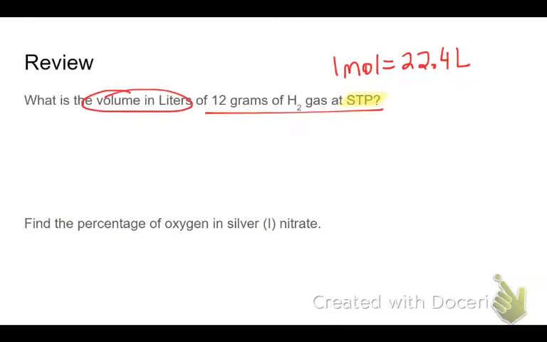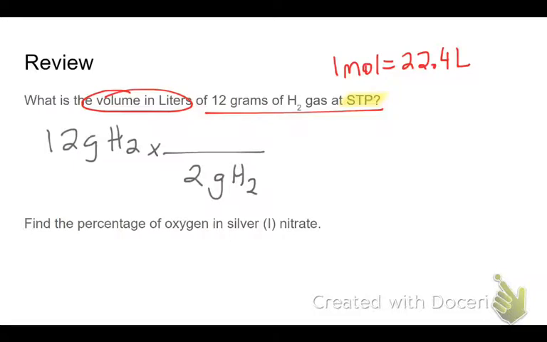All right, so you should be able to set up this problem by writing our given. So we have 12 grams of H2, and the molar mass of H2 is 2 grams, right? So 2 hydrogens times 1 gram per mole on the periodic table is equal to 1 mole of hydrogen, H2. And then from there, we can use the beautiful ratio of 1 mole is equal to 22.4 liters because